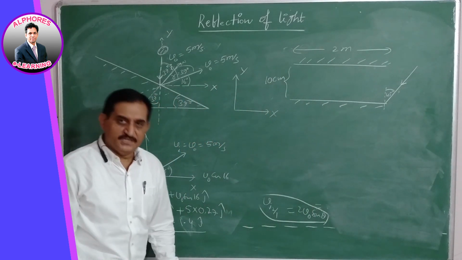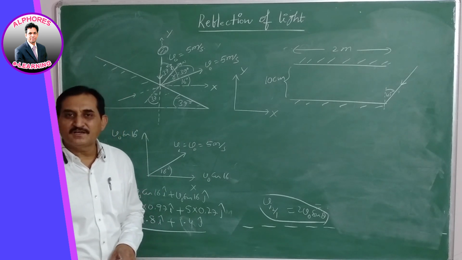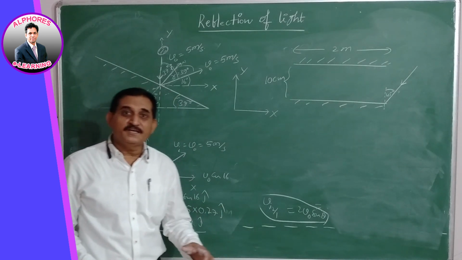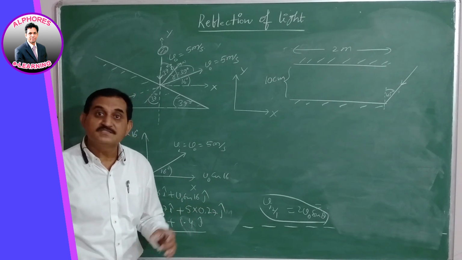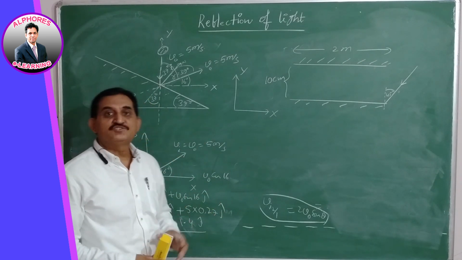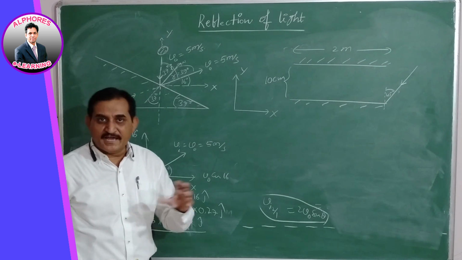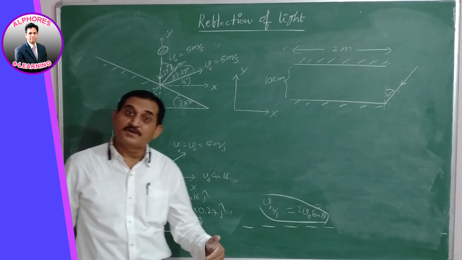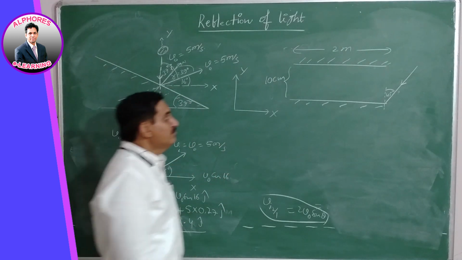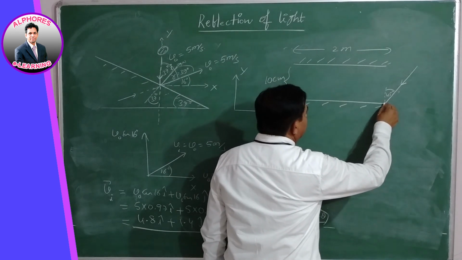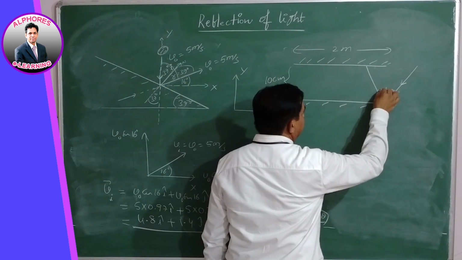Okay. Now the question is, before the reflected ray exits from these two plane mirrors, how many reflections are made by this ray over these two plane mirrors? So the number of multiple reflections made by the light, before exit, how many reflections are made by the light by the two plane mirrors? Okay. Now the data given is 45 degree. Simple. This is the angle of incidence. The angle of reflection will also be the same, 45 degree.